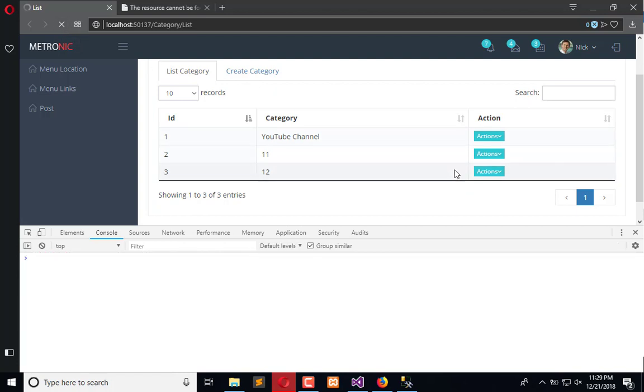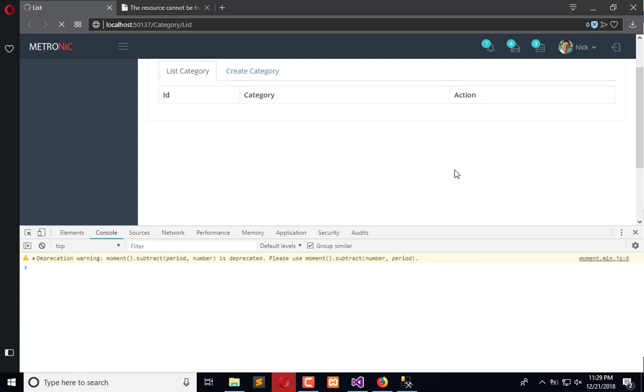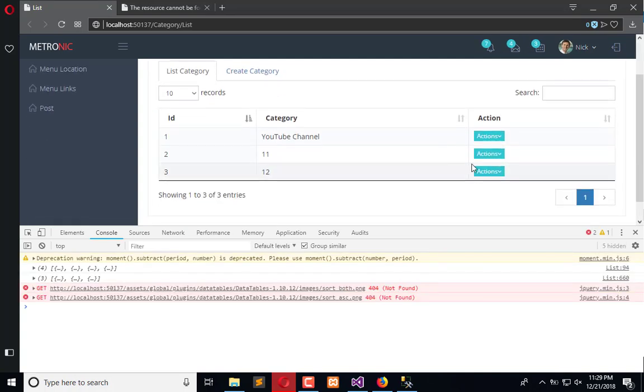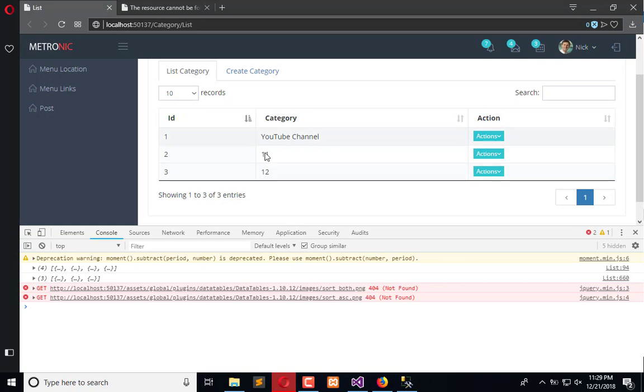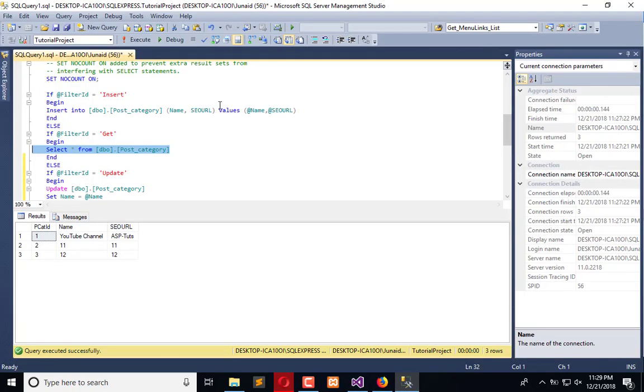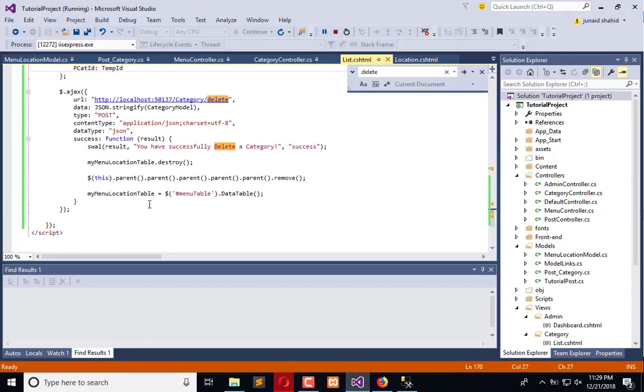As I have already explained, if the data is not deleted from the backend, it will not update it on the front end. So the data is deleted, but it is not updated in the front end. Let's see here in the DB. Okay, we have successfully deleted the record, but yes, it is not updated because we are using this,